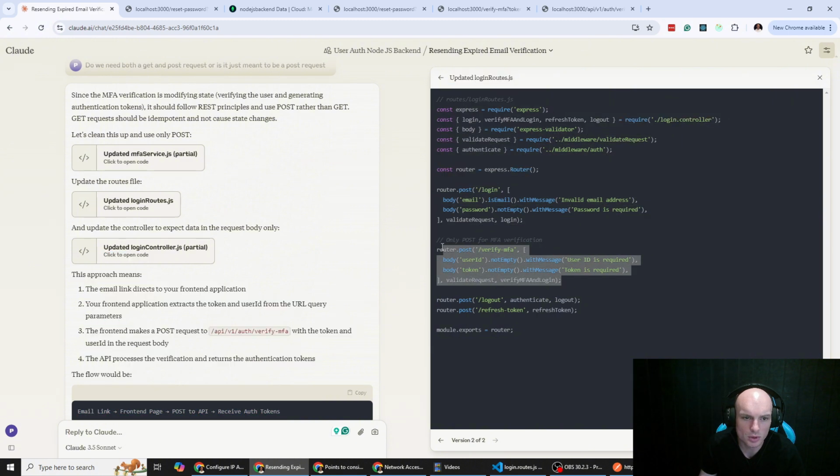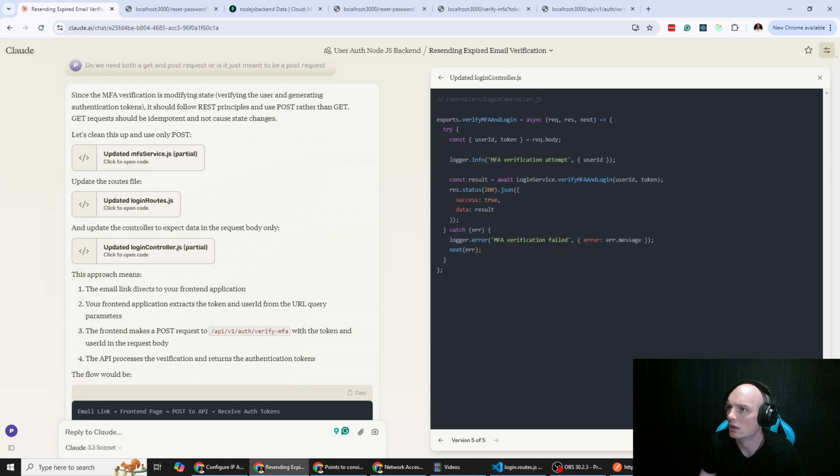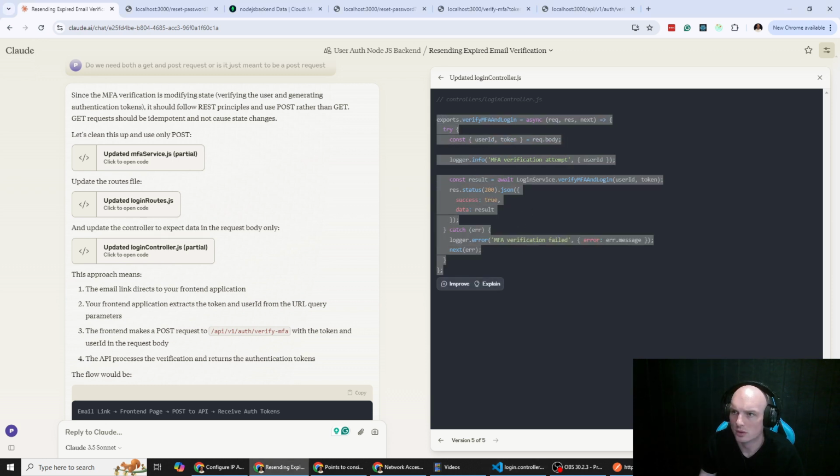And we're going to add some additional checks there to ensure that in login controller, verify. So it is still